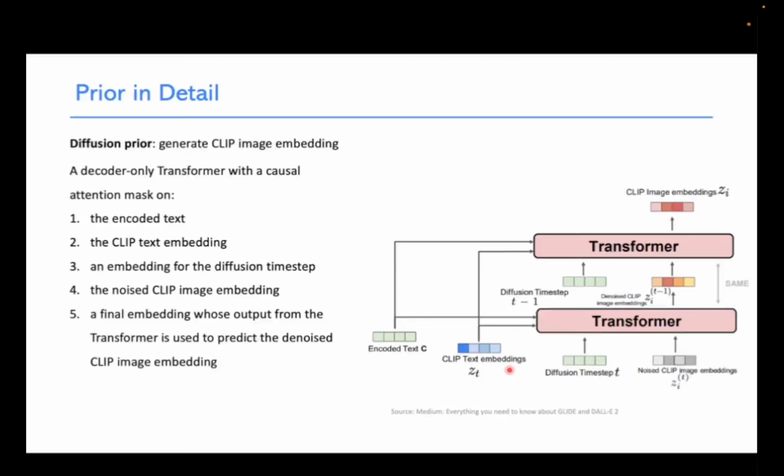As for why we need the encoded text and CLIP text embeddings, I think it's typical practice to condition the model output. Otherwise, how do we know? Because the input is just noise, right? How do we know it's turning into a latent that matches our input text? So they're conditioned at every layer. I think it's a common practice for many generative models.